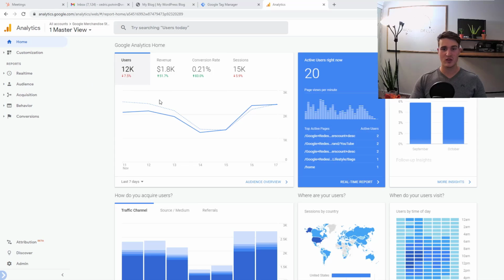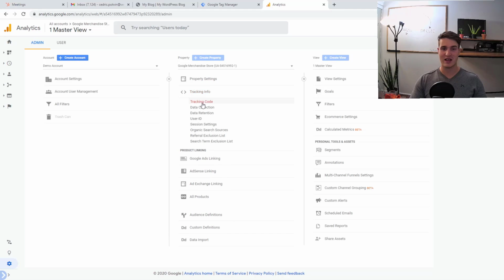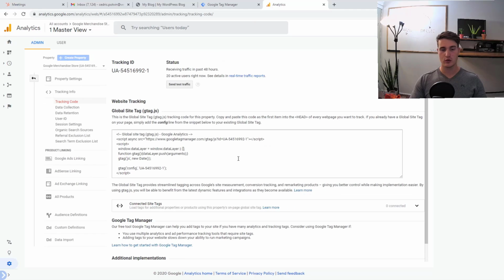So once you're in Google Analytics, again, you're not going to see anything, especially if it's a new account. You're going to click here under admin. And perfect. Right under here, tracking info, we're going to click on that, and then tracking code. So there's actually multiple ways of setting up Google Analytics on your website. We're obviously going to be using Google Tag Manager. I'm a big advocate of Google Tag Manager. And the reason for that is, first of all, you can actually set up Google Analytics by putting this code